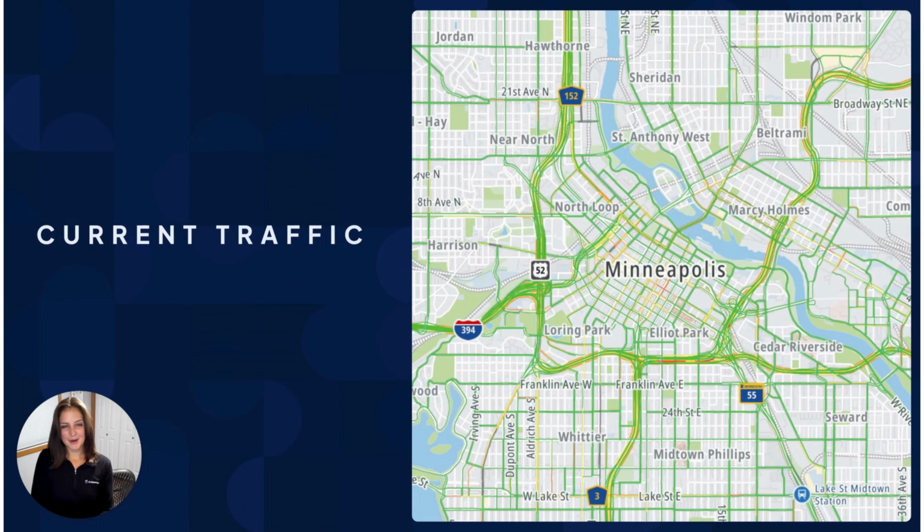All right, please pardon this brief cut as we wrap up here, but traffic is looking great in the Minneapolis area. So I hope what you take away is that it just takes a couple clicks to get started with local traffic maps.